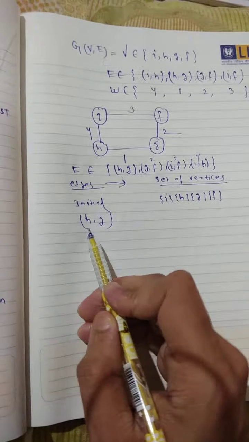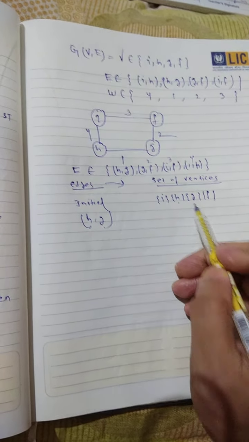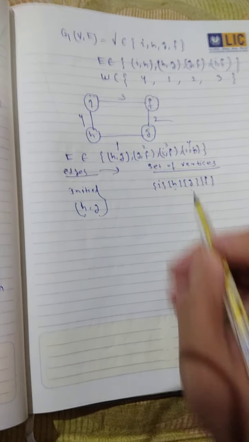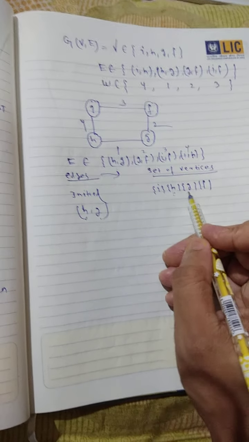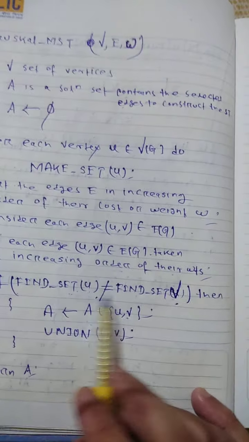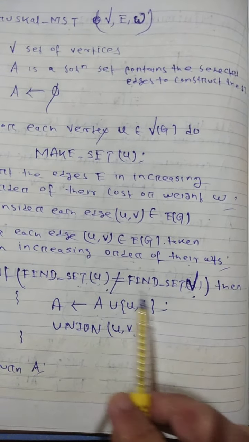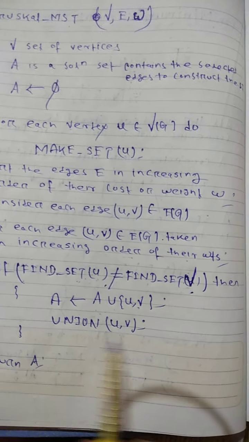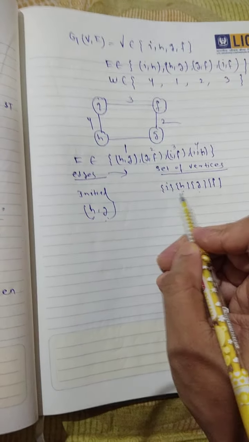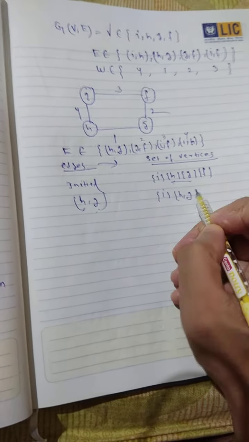See, what is the find set of H? This is a disjoint set, H, and G is also a disjoint set. The find set gives a representative of the set. As they are disjoint sets, find set H is itself and find set G is also itself. That means the two find sets are not equal. Find set u not equal to find set v, then the edge is added to the solution space. The vertices are added and a union operation is performed on these two vertices. That means if find set H is not equal to find set G, we perform the union operation, that is HG.